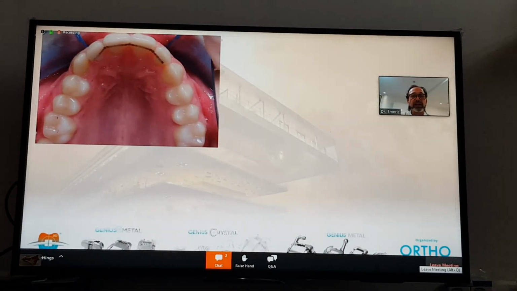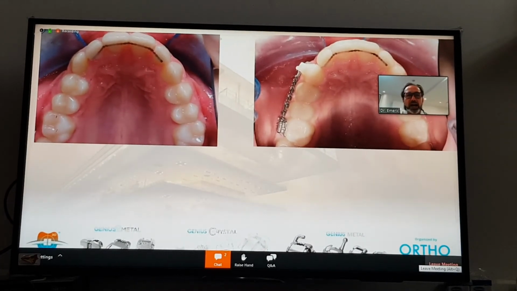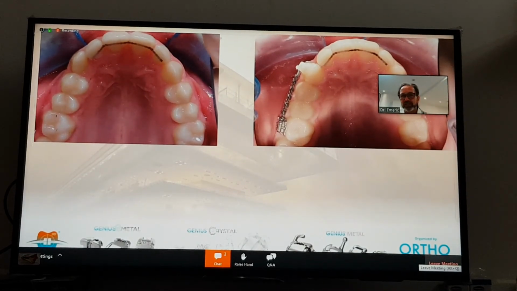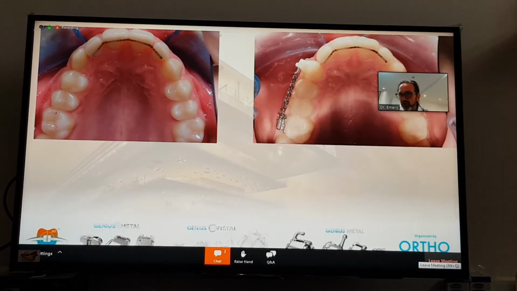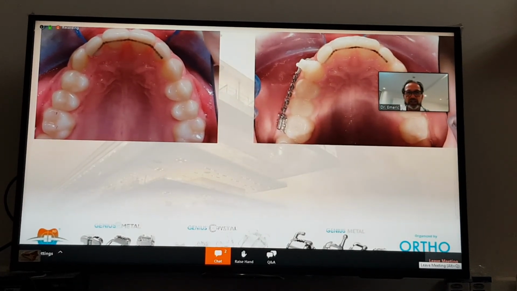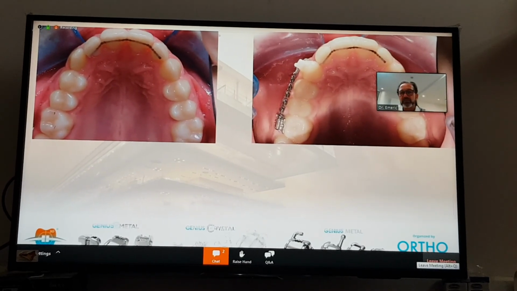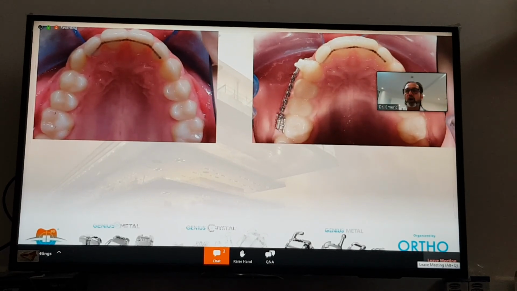Let's look now in the occlusal view, okay? This is how it looks in the occlusal view. As you may see from the picture, there's a bonded retainer on the upper arch that comes from the first phase of treatment and that has no relationship with the Genius Sagittal First. You don't need those upper bonded wire retainers. It's just there, so I left it there, that's all. It's probably been removed in the later stage of treatment once all the brackets have been